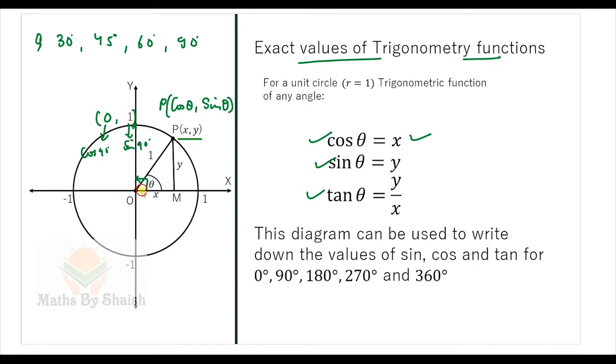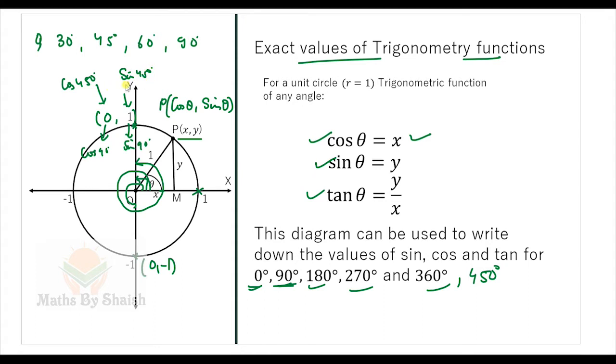Similarly, if you want to find cos 270 and sin 270, we only need to find the coordinates of this point on the unit circle, that is of course 0 comma minus 1. So it works for 90, 180, 270, 360 or any other multiple of 90. For example, if it is 450 degree, then to get to 450 degree, we go 360 and then plus 90 degree. So again you will reach here, and once you reach here, we know the coordinates of this point, and we can directly say that sin 450 degree is 1, cos 450 degree is equal to 0.